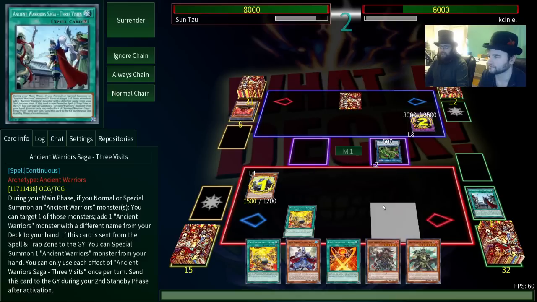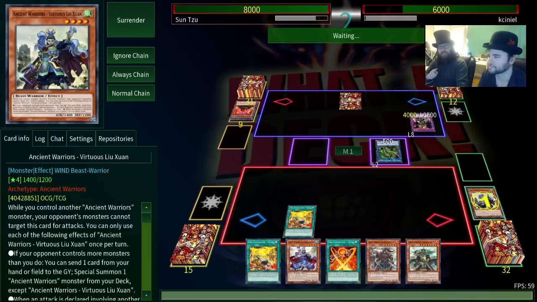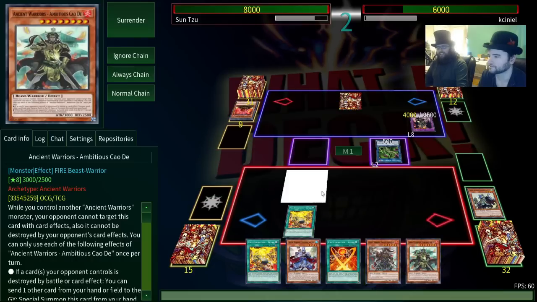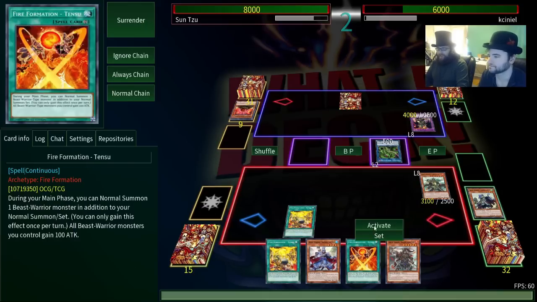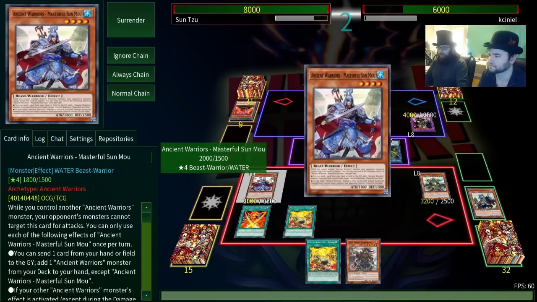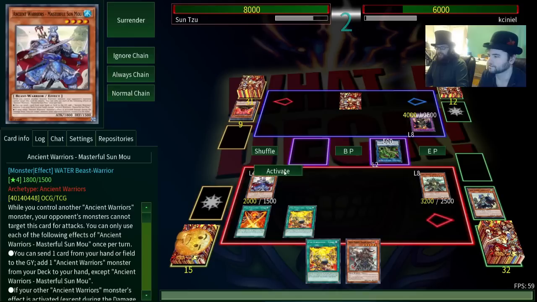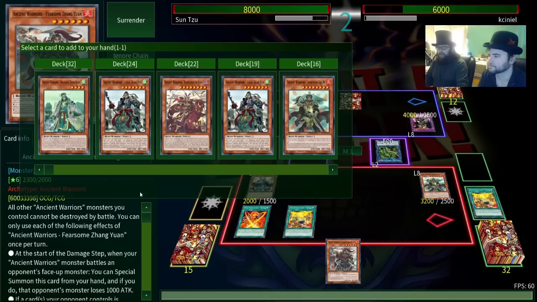Okay, he negates there. Shameful! But when 3 Visits goes to the graveyard, I can summon one from my hand. That's all 3 Visits. You get the monster you summon, the one you search, and then when it goes to the graveyard, you get a 3rd one. Oh, nice. And then we're gonna be like, hey, guess what? Tensu. Ooh, Tensu. Samurai. And I just gotta hope that this isn't something. I have no idea what it could be. But this, we can discard a card, search something, and...